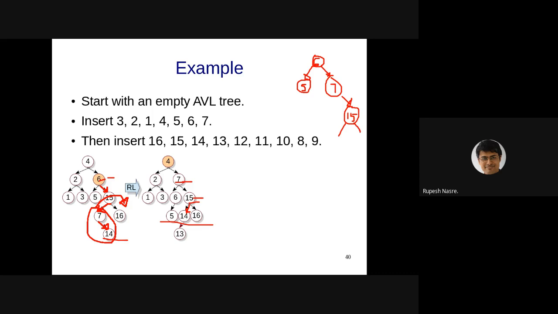Yes, and that will become a right child of 6, right? So 7's left subtree is adopted as 6's right child, right? That is the precise statement. That in this case is happening to be null, and therefore we are not seeing it, but that does happen, right? In a similar manner that 15 was adopting 14 as its left child. Okay, so that happened, and therefore 6's right child is null, shown in the second AVL tree that I'm showing here after the RL. Okay, so that part is fine.